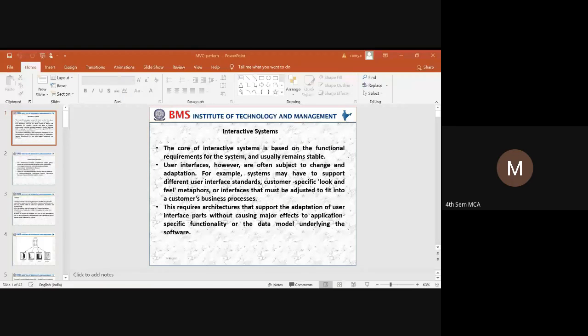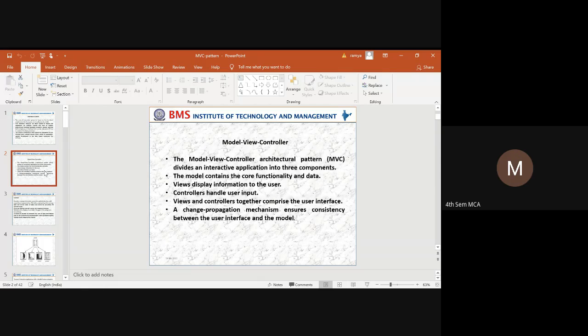So in the previous class, I was discussing interactive systems. In an interactive system, we considered the user interface. Through the user interface, the customer or the user is going to consider an application, request the necessary needs, or access a certain application software functionality. One such example of an interactive system that we considered is the MVC pattern, where